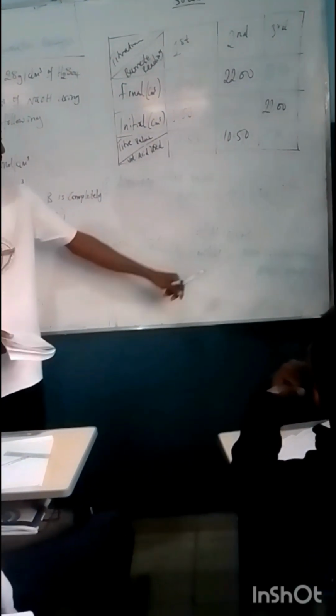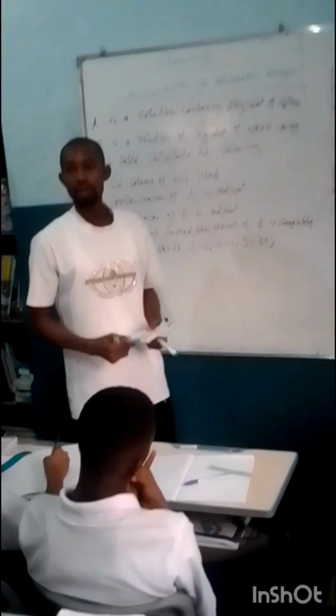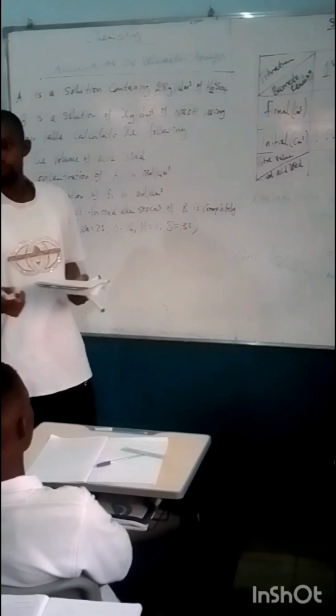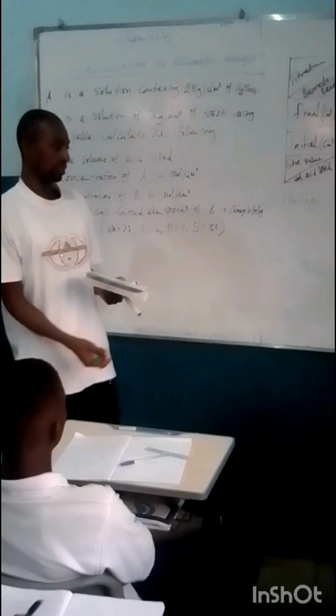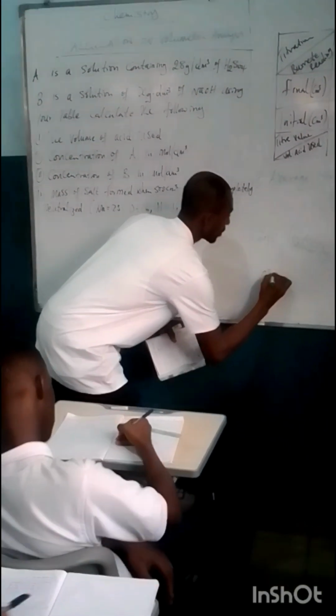Over molar mass. The formula for concentration in mole per dm cube, or solubility in mole per dm cube, is equal to mass concentration over molar mass. But sometimes, if the mass concentration is not given to you, you have to find the mass concentration. So the formula for mass concentration becomes